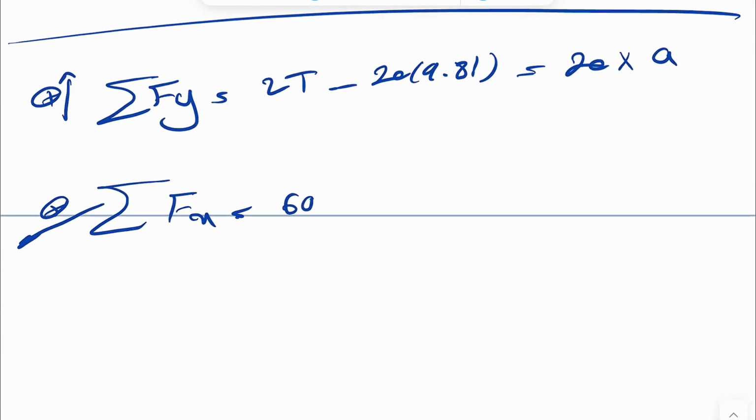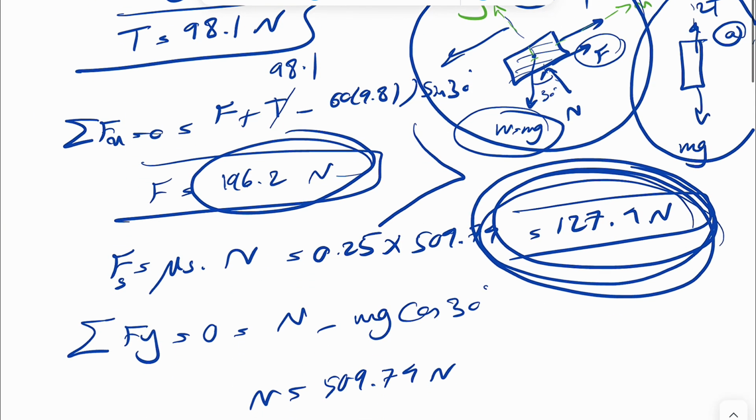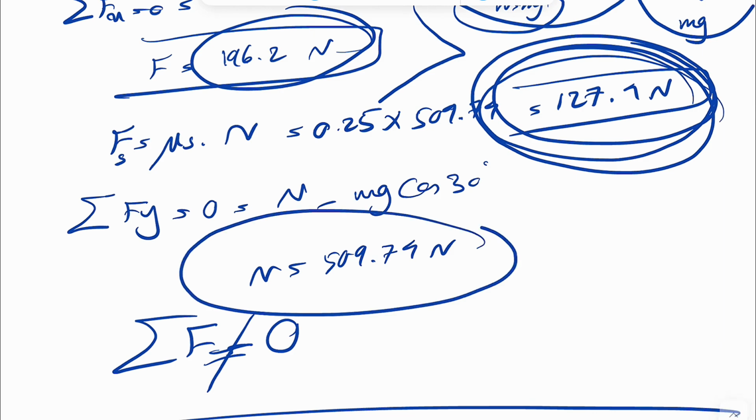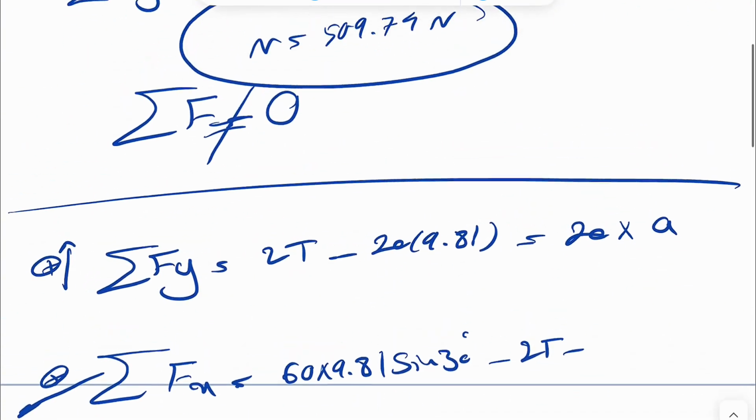So mass was 60 times 9.81 sine of 30, and we're going to get negative 2T negative F, which this time our F would be kinetic, so our F would be mu k times N. And keep in mind that the N is going to be the same because there is no movement in y direction. So still mg cosine of 30